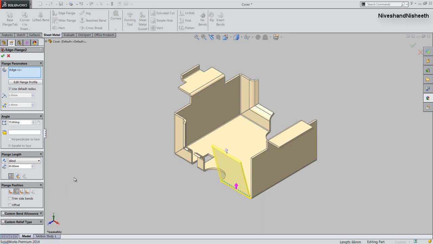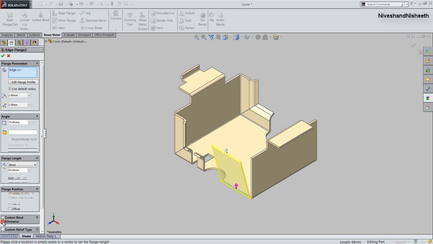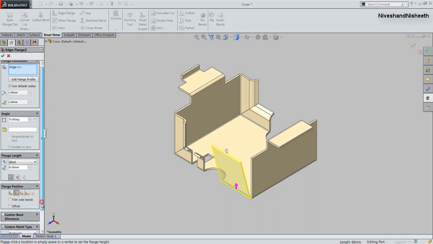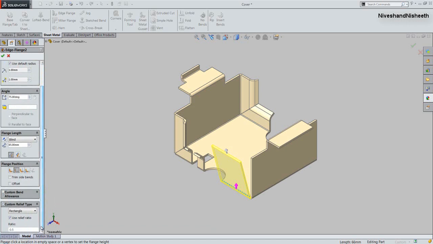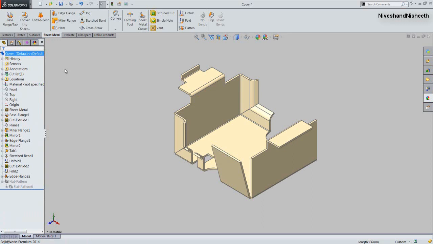Now we will place a check mark over the custom relief type option. And the ratio will keep 0.3. And click OK. Now see.